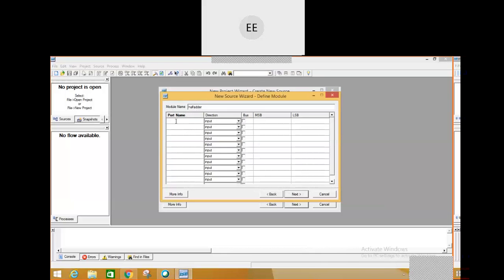Now this is asking me, okay, see the module name has been taken as half adder and it is asking me what the port name is, what the port declarations are that you are supposed to do. If I'm doing all these things directly, it will be giving me the module template. You can see that. Okay. So what are the ports I'm having in a half adder? I have 2 input ports and 2 output ports, right? So let me write. See, I have various ways in which I can write it. Either I can give it separately. A is an input port. B is also an input port. And C, I'll change it to output.